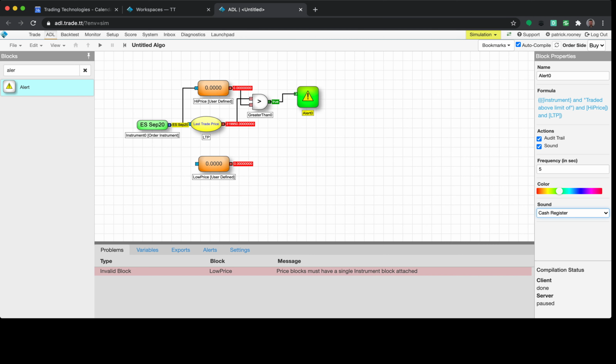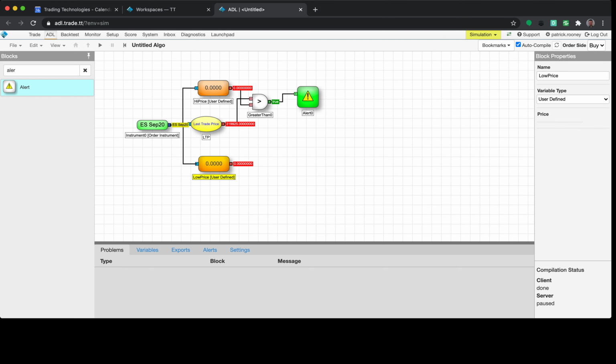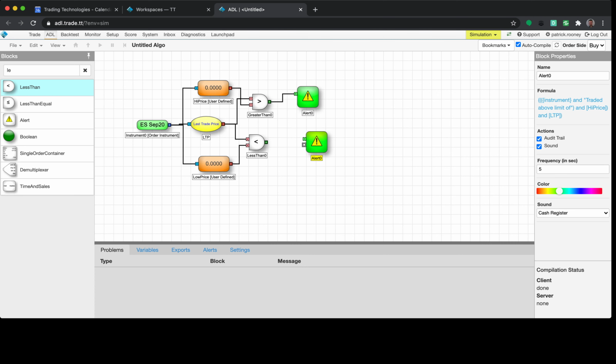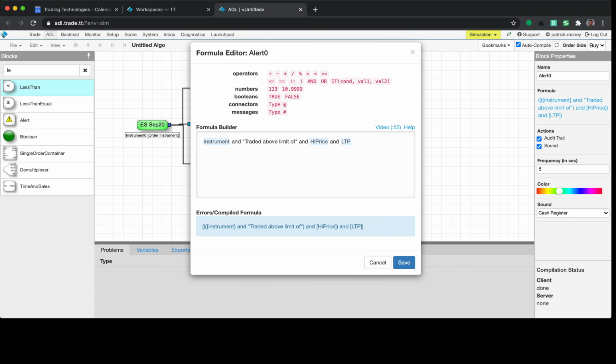Now, the other side of this goes into the low threshold. So the low threshold is defined. I need less than. So now if the LTP is less than a low threshold, I want another alert here. Copy, paste. Instrument and traded limit of high price. So trade above, trade below, limit of